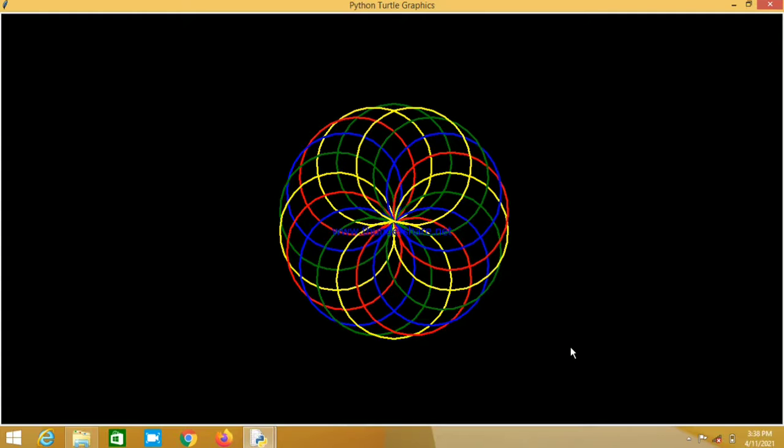Basically, we are going to create beautiful patterns, and turtle is used to draw. Whatever you are observing on the screen, I am going to draw this particular pattern with the help of programming today, and that programming we are doing in Python, and the library that we are using, Turtle, comes pre-installed. We don't need to install it separately in Python. So firstly, we need to import the Turtle module. So let's start with programming.